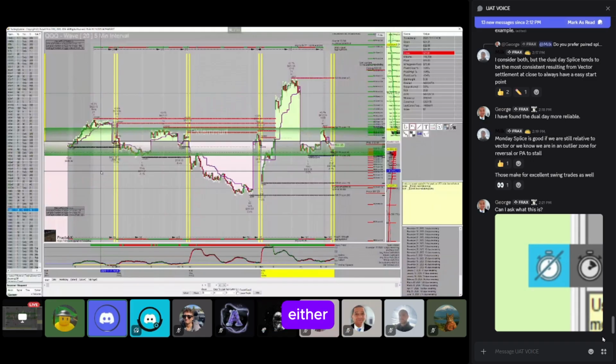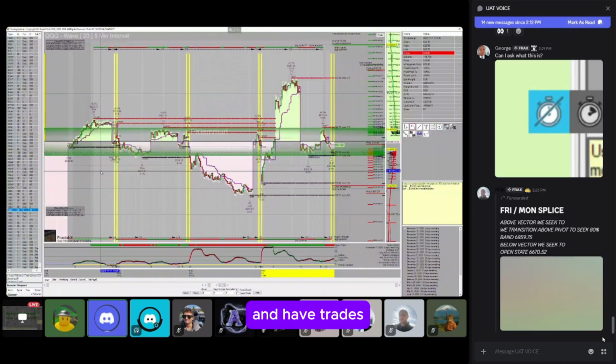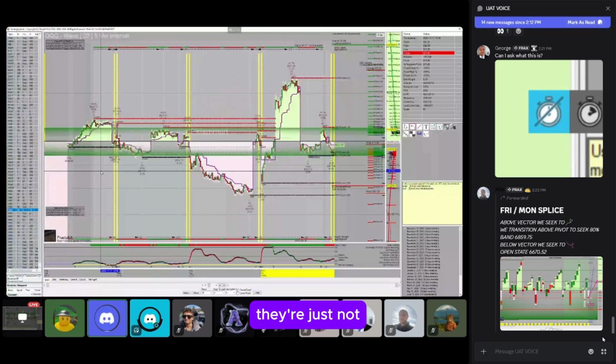Either we're starting from the low of that green average and then we run to the top of the green average, and that ends up being the trade for the day. Off the open, we went short and down to it. Especially for options, when we start getting confined, selling premium is about the only thing that works. Some days I'll mark lines and have trades, and they're just not going anywhere because we're in between these lines.